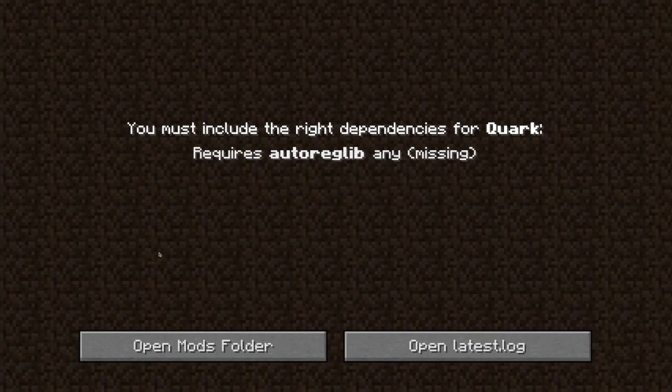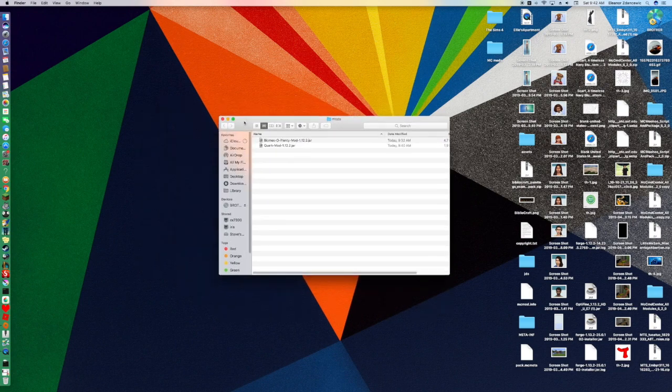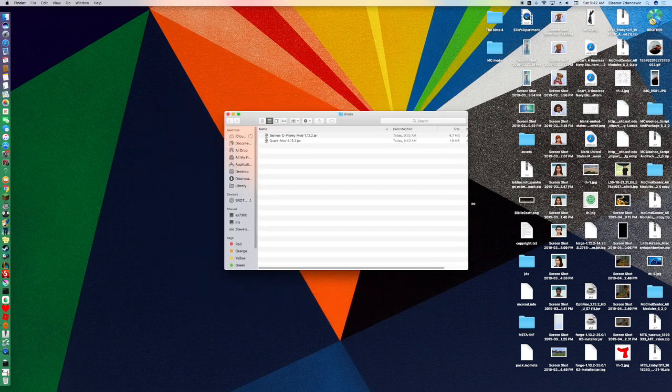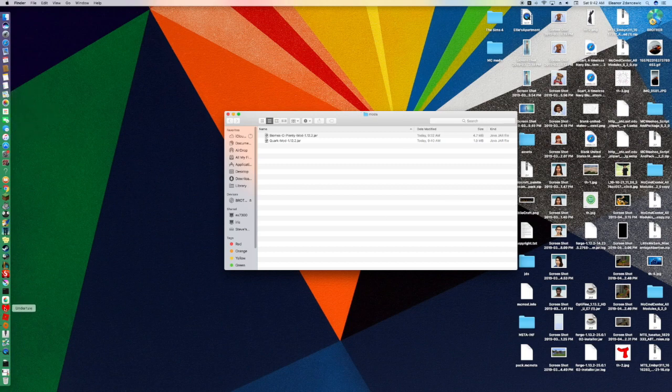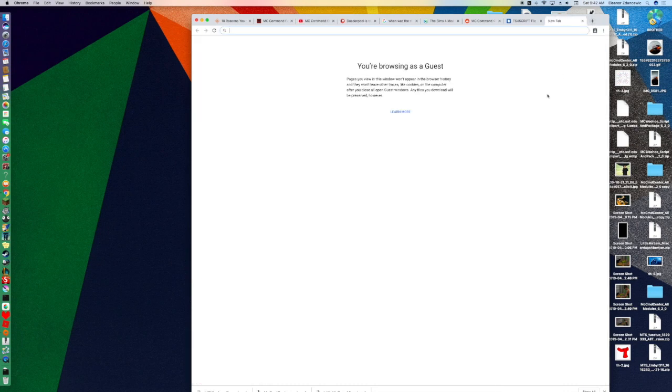We can quit our Minecraft. So basically what that means is, you need a separate mod to go with this to make sure it works. So all you need to do is say auto-reg-lib